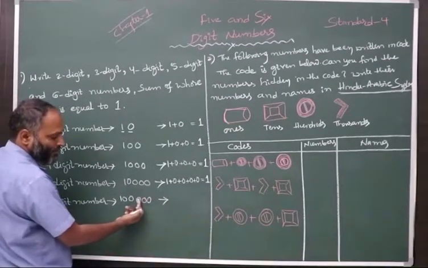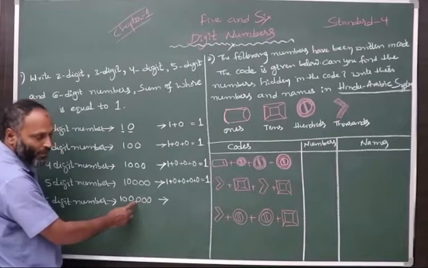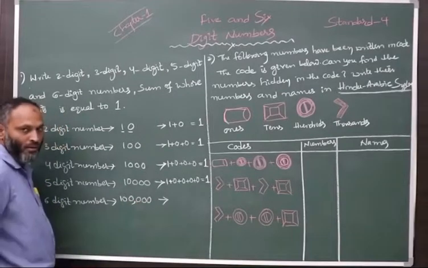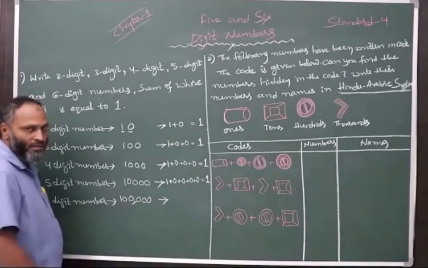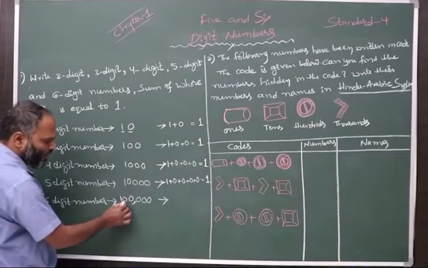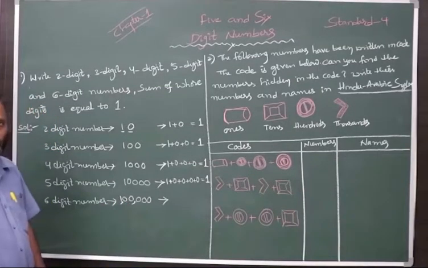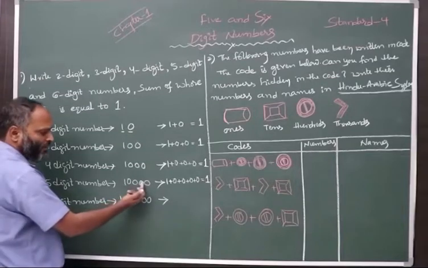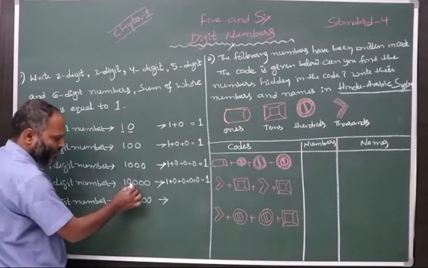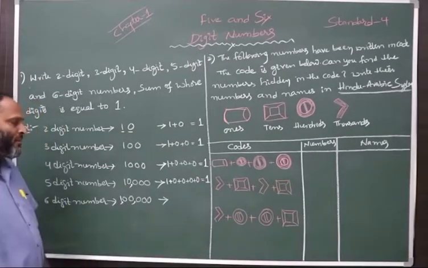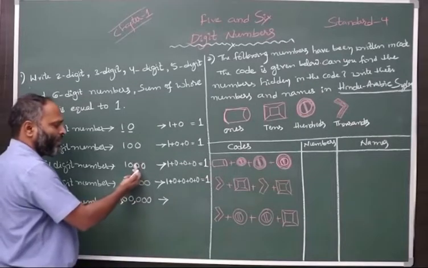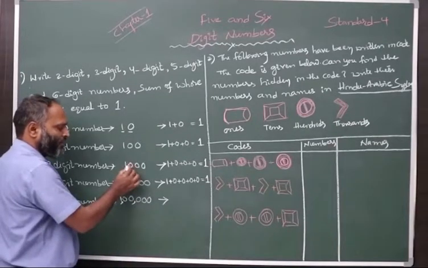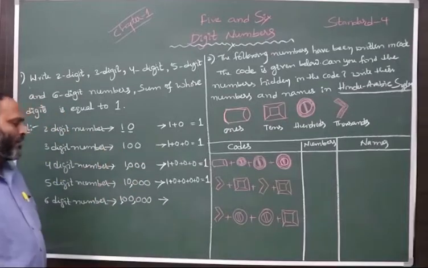This is ones period. After completing 3 place values, we keep a comma. After completing thousands period, we again keep a comma. Here also it is the same. After completing ones period, that is here. And here also the same: unit, tens, hundreds. After completing ones period, we keep commas.